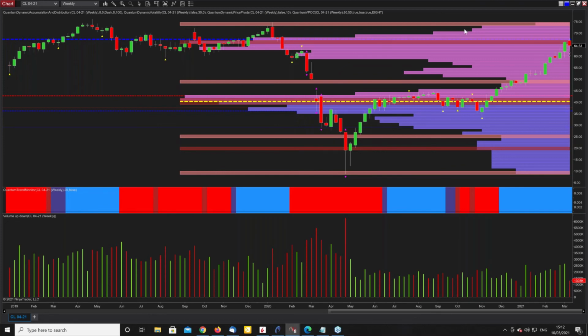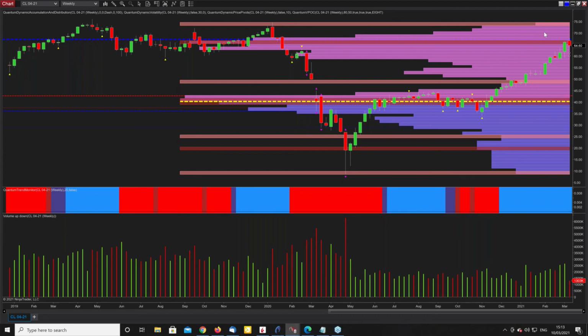But certainly in terms of the weekly, what have you got? You've got volume falling away on the volume point of control, which is great because it's going to take less effort to get through there. It falls away quite dramatically up to this level, which is a low volume area up at $75 a barrel. And in addition to that, you've got nothing in the way of price-based resistance. So in terms of the effort down here to push this market through, it's not going to take as much as it is doing at the moment to push through this lot here.